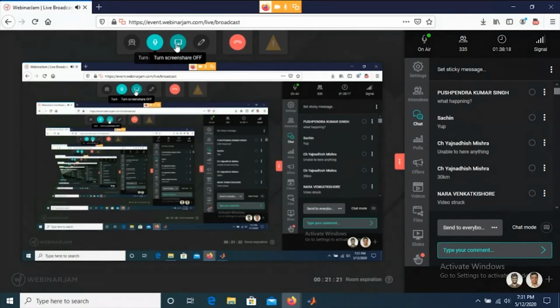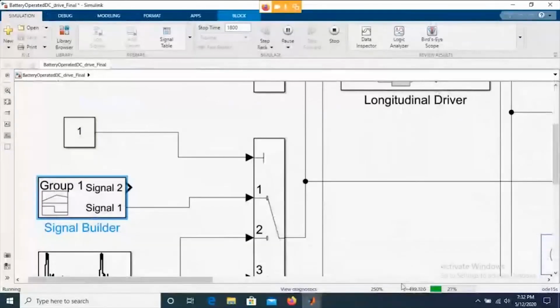Let's see what the result is going to be. Let me share my screen. So guys, we are around 30% of the simulation time now. If you see the bottom right corner, here is the number of seconds simulated. This is 1800 seconds, which is around half an hour. The 30-minute simulation should ideally finish in around 1 to 2 minutes. That should be the speed.